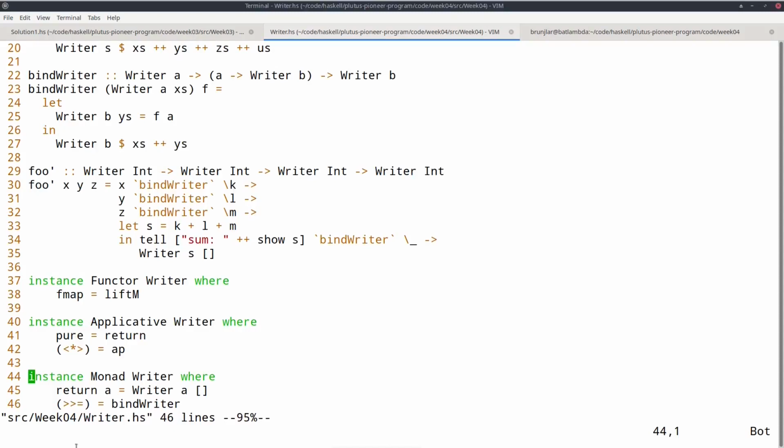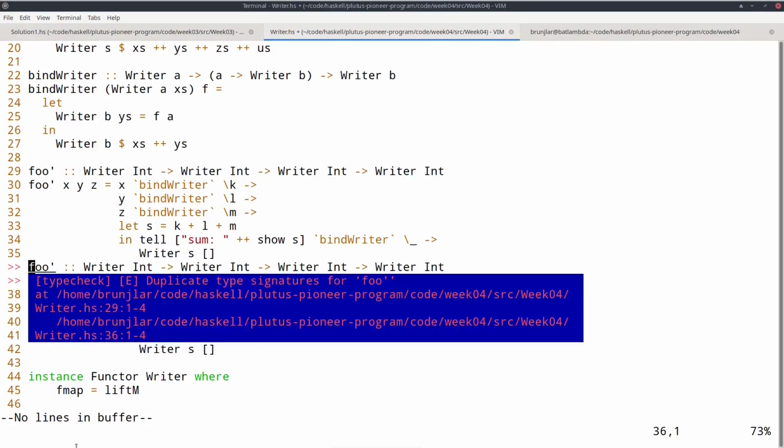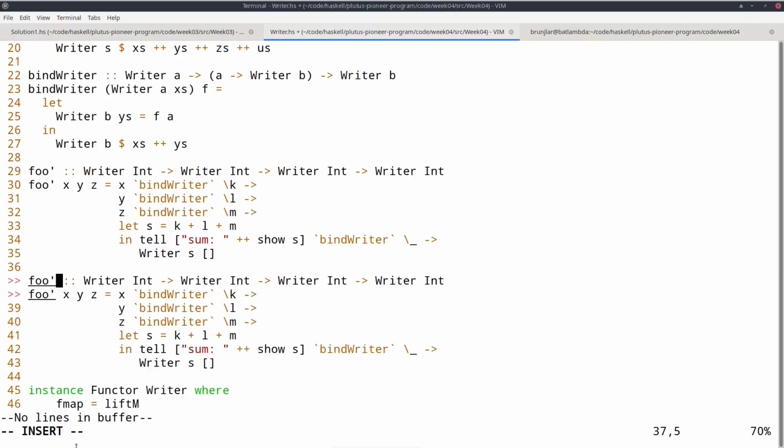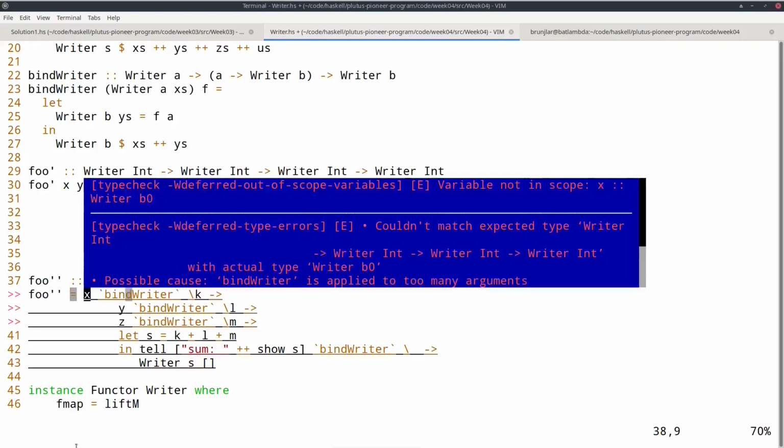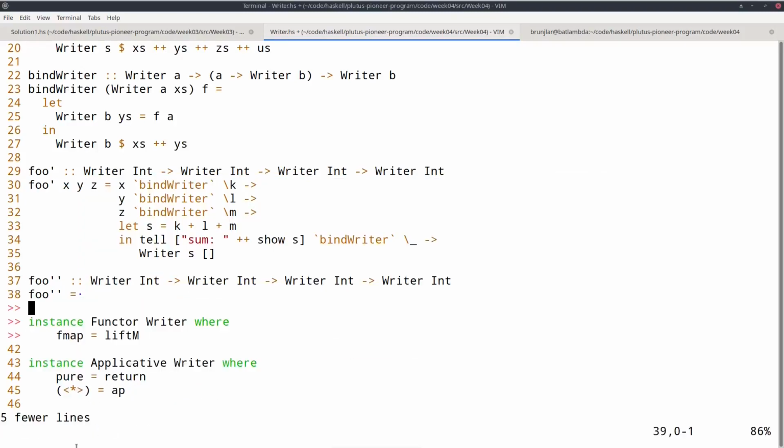Writer is a little different, because of this additional log line, it's not exactly the same. But if I am happy with not doing this log here, then it's even simpler, because this is immediately an instance of the 3 ints.